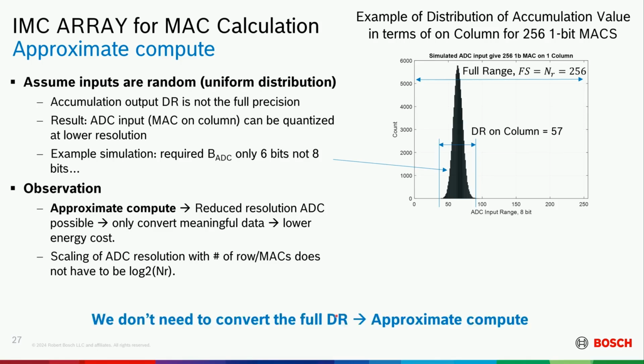So we don't need to convert the full dynamic range, but there may be some interesting issues with the offset of where this distribution is. You could think of maybe a scaling ADC. If you only need to convert a few bits, or 6 bits, but you need to move where you're converting, something like a ranging ADC may be interesting.